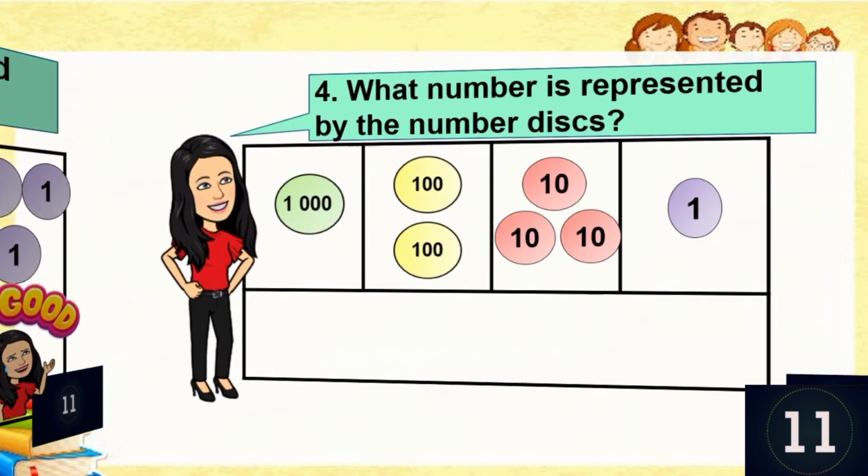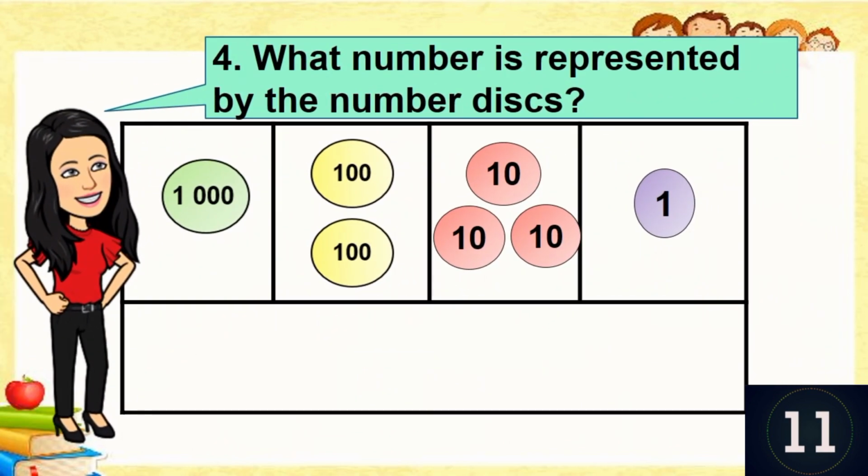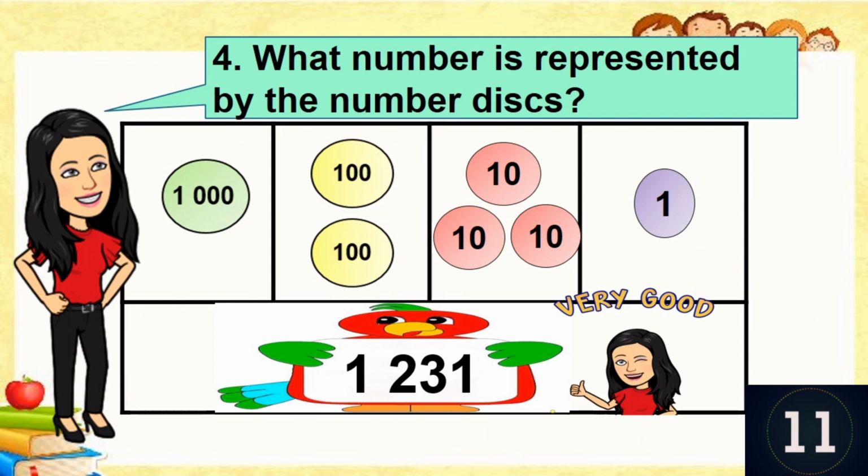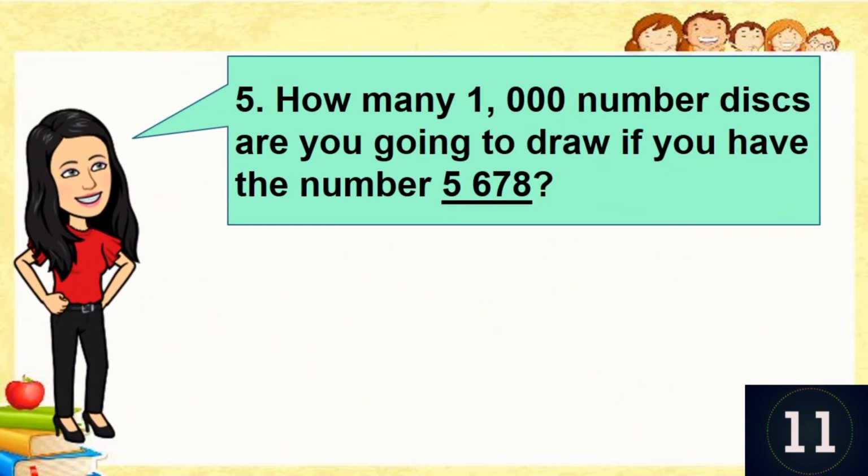So good! Question number 4. What number is represented by the number discs? Timer starts now. Time's up. The correct answer is 1,231. Very good. My last question is, how many 1,000 number discs are you going to draw if you have the number